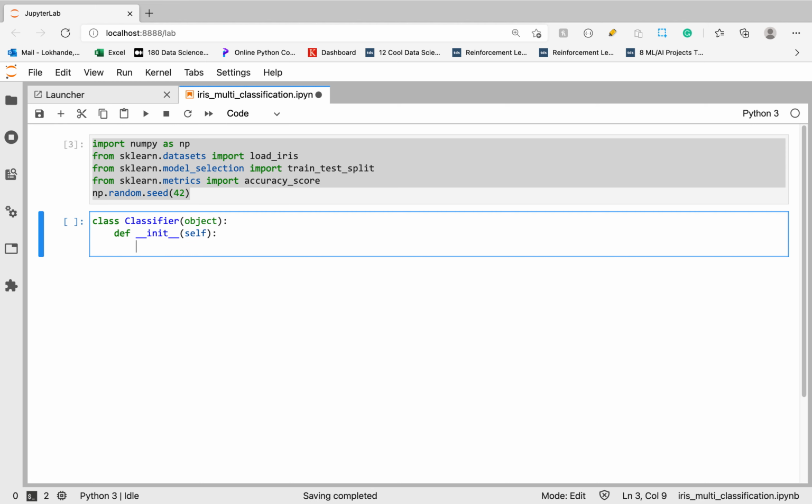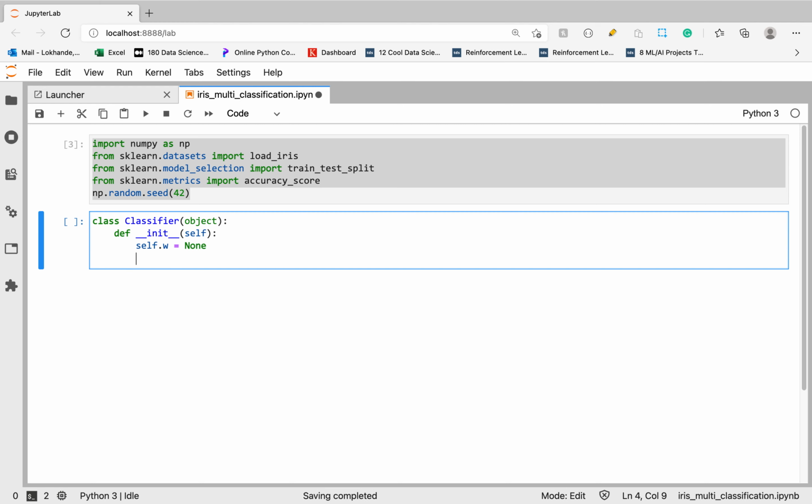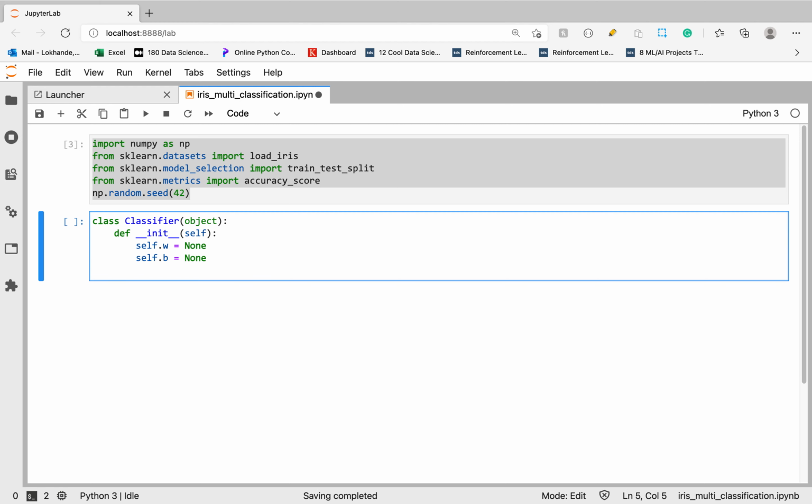In the init method we need to initialize our weights and bias. So self.w, initially I initialize weight with None, and bias equal to None as well. This is the weight and bias initialization when we create an object of this classifier class.